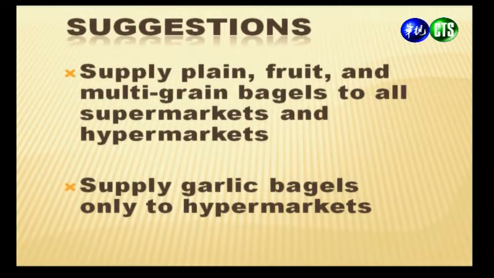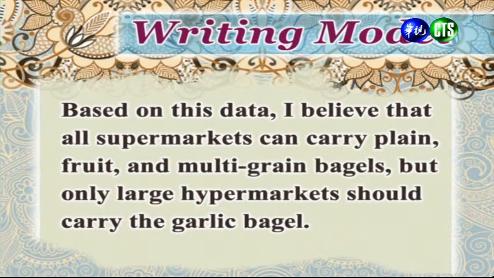All right, then finally we see that our paragraph about this bar graph is going to conclude with a suggestion about the type of action that we should take based upon the information in the bar graph. 好，那你也可以发现呢，在这个部分结尾的部分呢，根据图表所提供的资讯呢，写作者他也提出了他的建议。Right, and so it says, based on this data, I believe that all supermarkets can carry plain, fruit, and multigrain bagels, but only large hypermarkets should carry the garlic bagel. 好，那也因此呢，这地方写到根据这份资料的结果，我们建议所有的超市及卖场都应该要购入原味、水果以及无谷口味的贝果，但只有大卖场才需要购入大蒜口味的贝果。